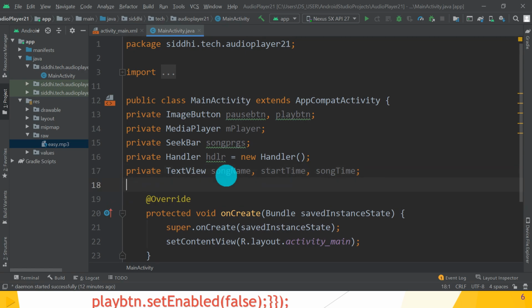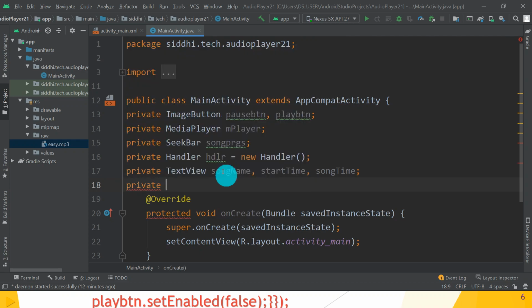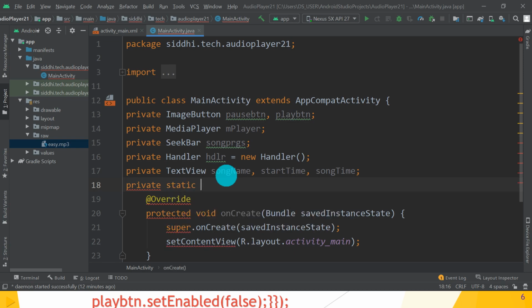Now, private static integer variables: oTime, that is on time. Initially we have to initialize it as 0. Then sTime, start time, initially 0.